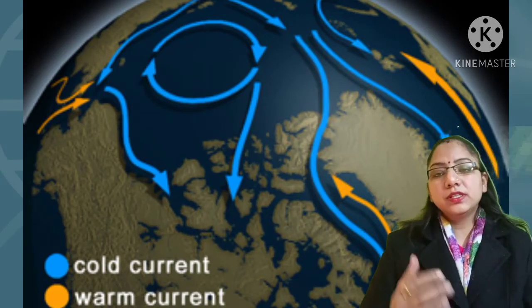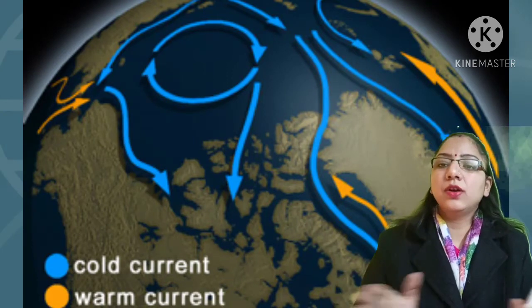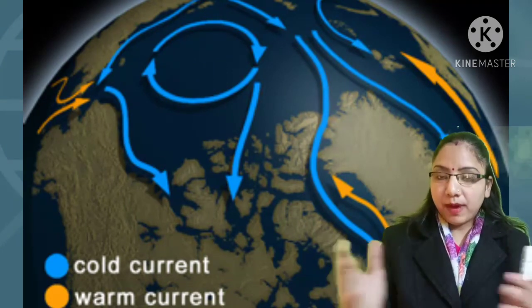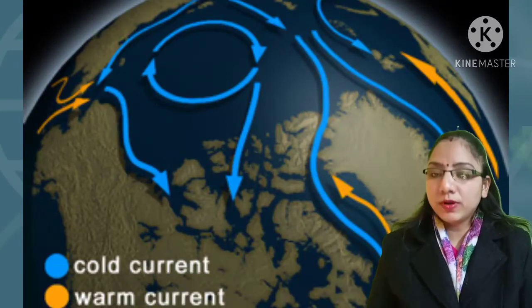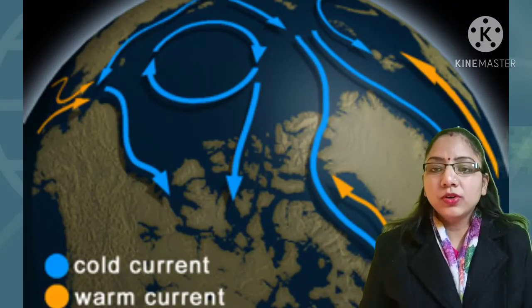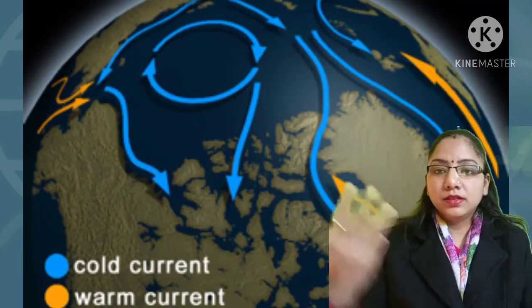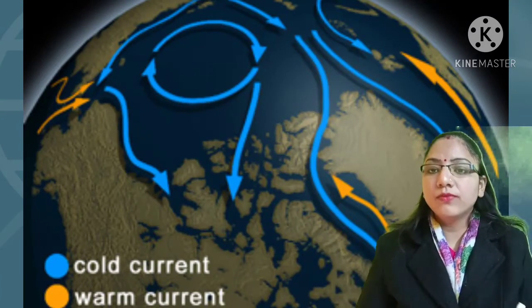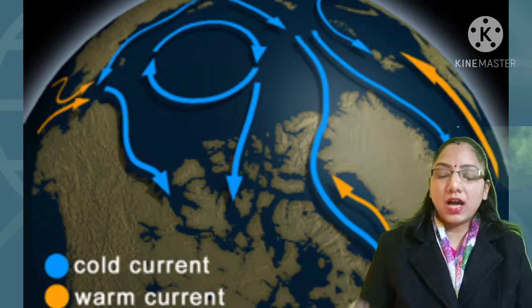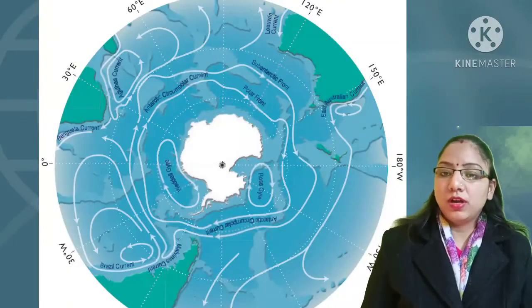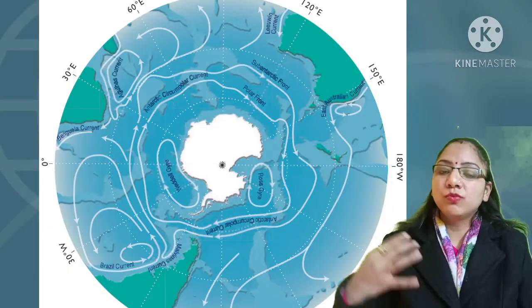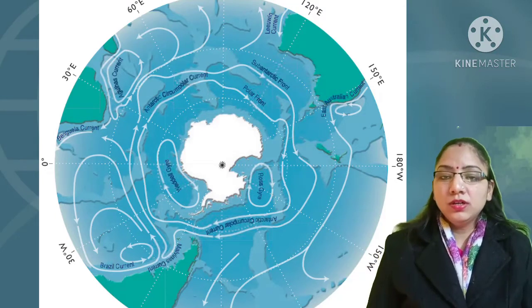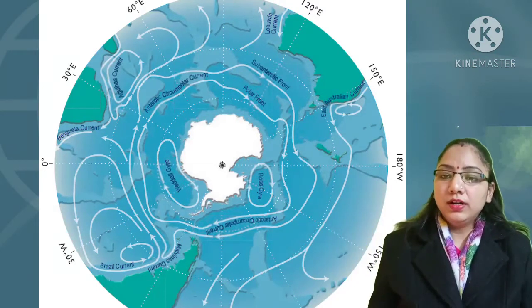We know these oceans are not separate oceans. Combined, they are known as a super ocean. This super ocean has 5 parts. 3 are flowing oceans and 2 are in the form of ice oceans, which are known as the Arctic and the Antarctic Ocean. So the water which moves in these two oceans as a form of current, it is